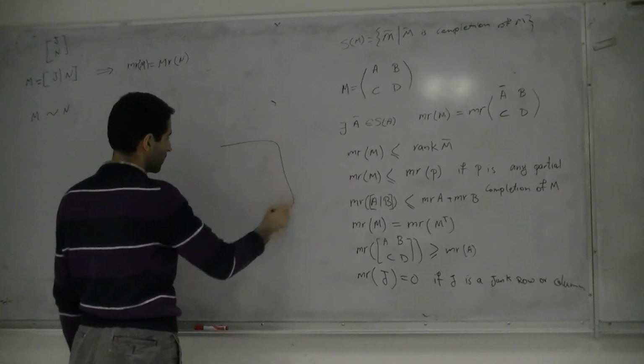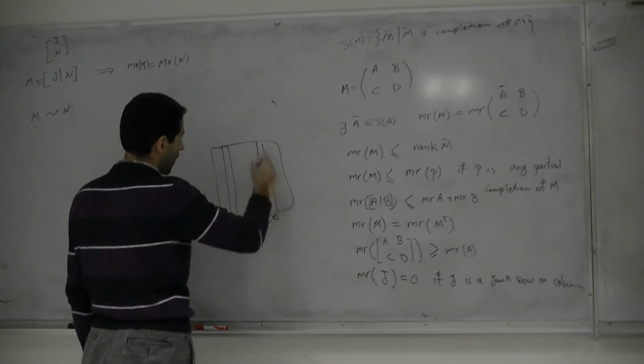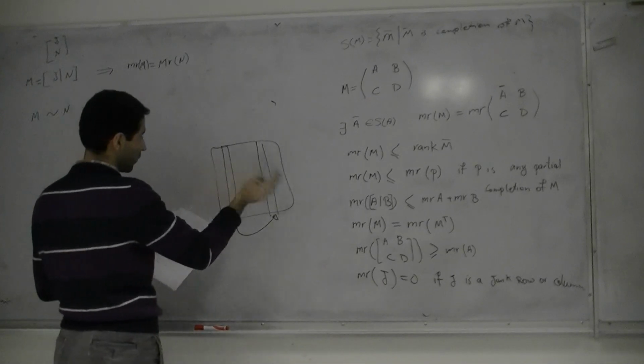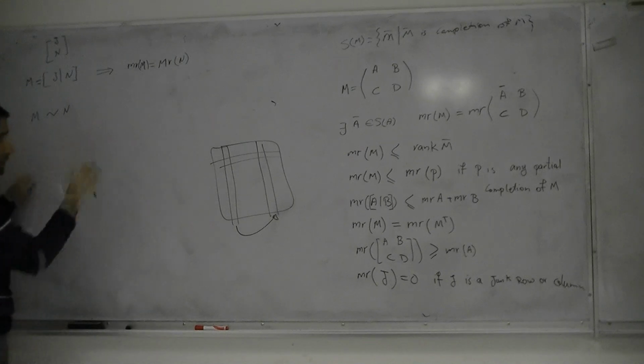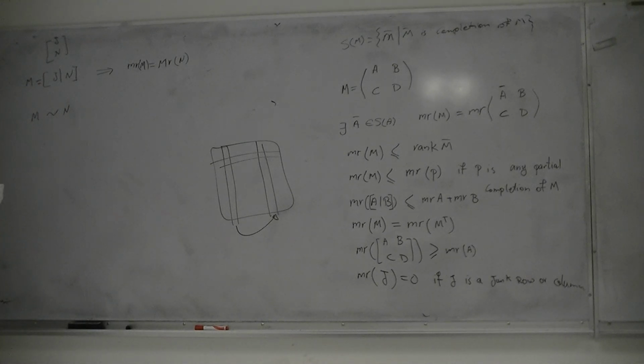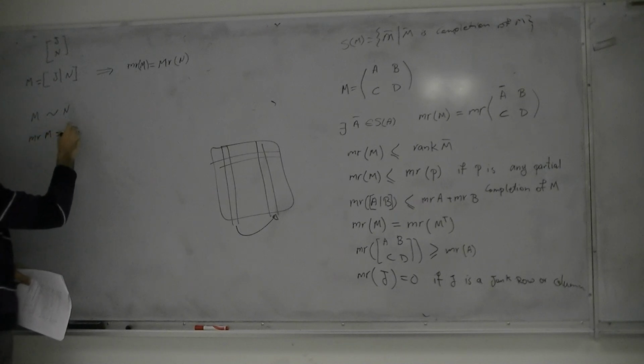If we have a big matrix, we can, for example, exchange one row with another row and one column with another column, and make these two matrices such that the locations of the unknowns are in the same place and the rest of the elements are the same. These two matrices are equivalent, and the minimum rank of M is equal to the minimum rank of